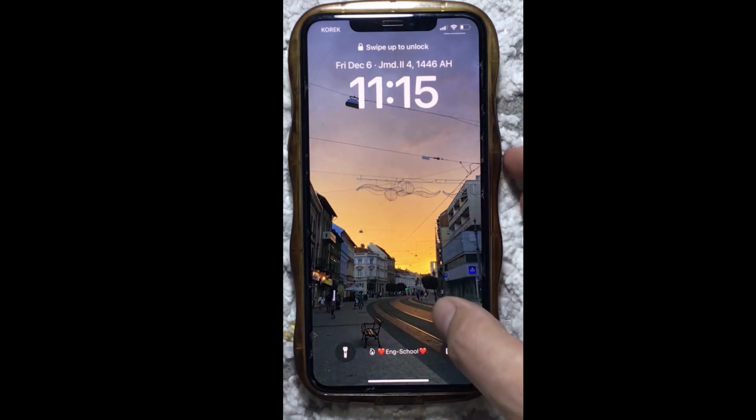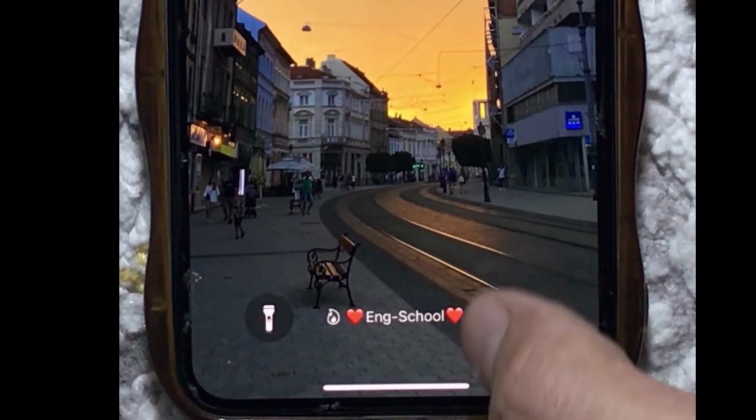Hi everyone, if you want to see your name on your iPhone lock screen as you see here, just watch